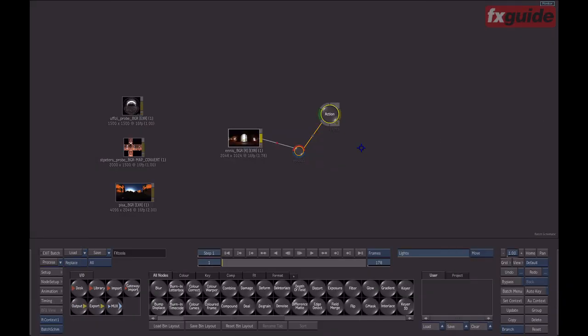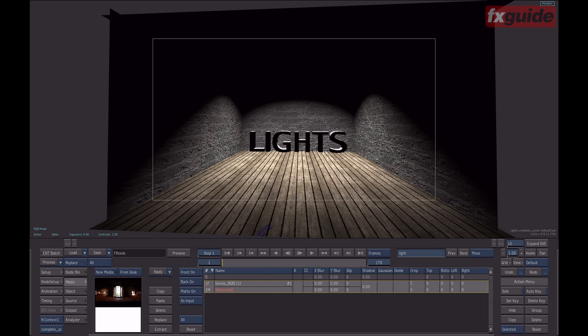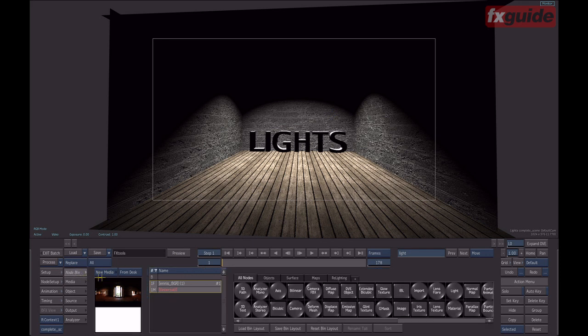So 2012 has a lot of new features, and it's going to be difficult to go over everything that's new. So I'll try to really focus on the highlights, and there's a lot of new stuff that's happening inside of Action. If we go inside of Action, the first thing that I'd like to highlight is the fact that we